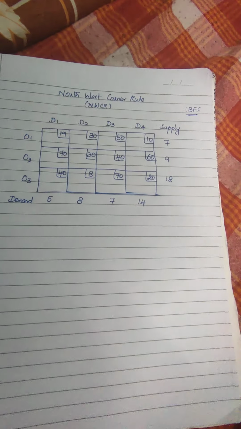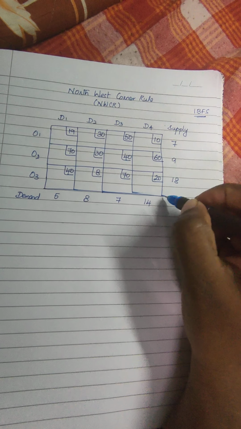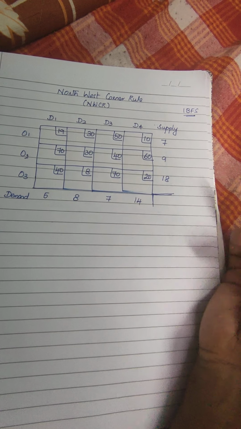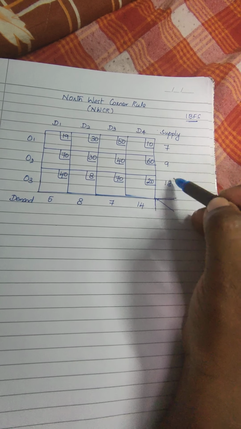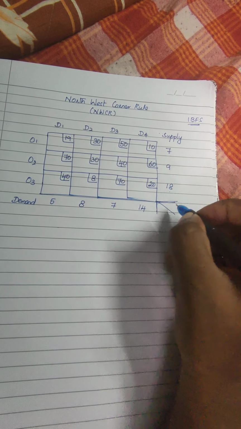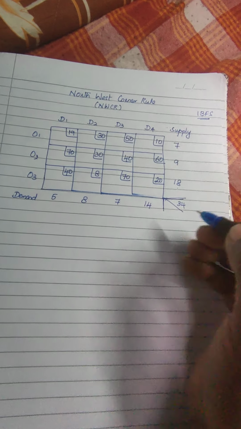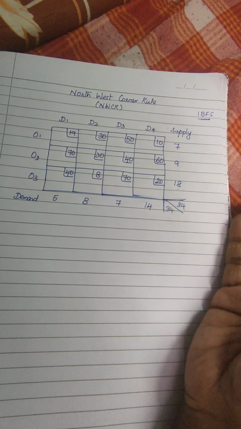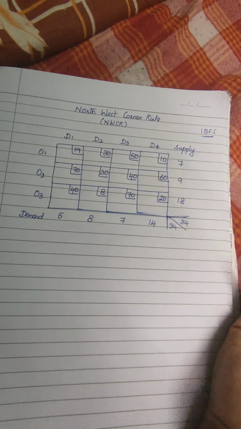Okay, so initial basic feasible solution. We'll start with this first step for any method, any problem in transportation. You have to check whether it is balanced or not. To check that, you total the supply and the demand. Supply total is 18 plus 9, 27, 34. So you have 34 for supply, and here you have 15, 20, 34. These have to be equal. If not equal, then your problem is unbalanced, and we have to balance it. Here it is balanced, so now we can continue with the method.